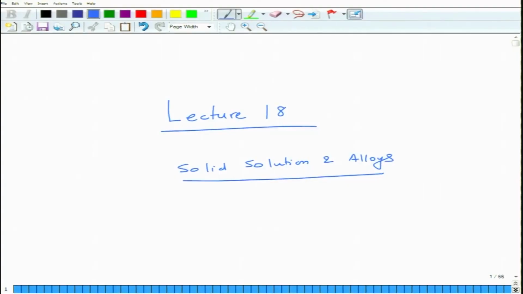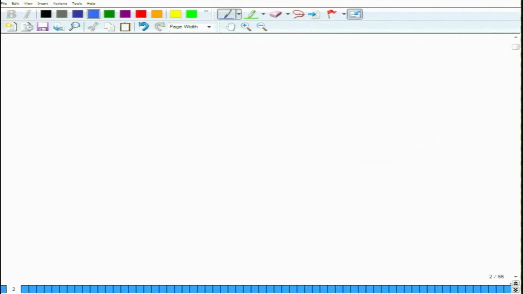We are again going to talk about solid solution alloys in this lecture 18, continuing from where we were in the last lecture. In the last lecture we said that when you put an impurity in a material, the impurity may go to either a substitutional site or an interstitial site. If it goes to a substitutional site, it makes a substitutional solid solution, and if it goes to an interstitial site, it makes an interstitial solid solution, and where it goes is determined by the